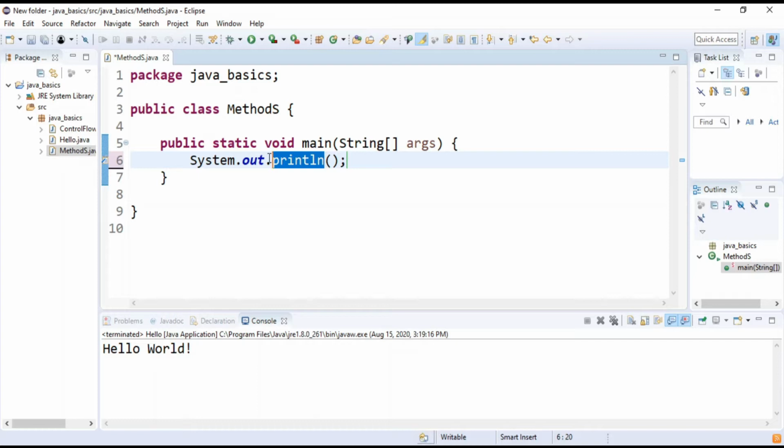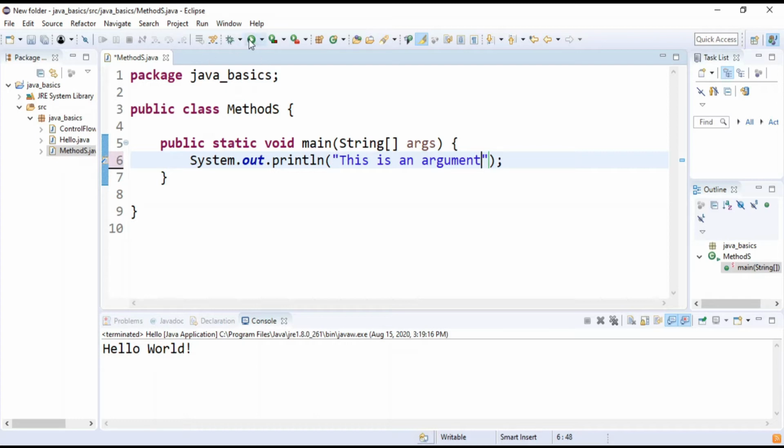So when you print, you invoke a function called println. And here in the brackets, whatever we write are called arguments, right? So let me write, this is an argument. Okay, so this println is responsible for printing on the screen.